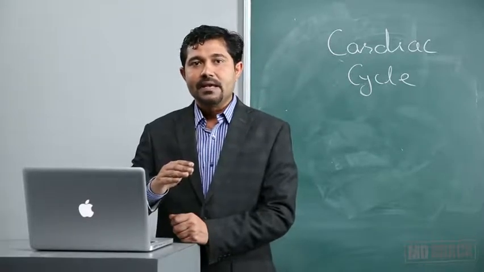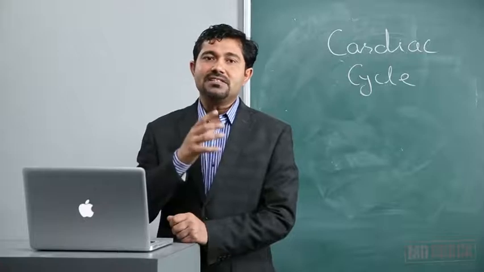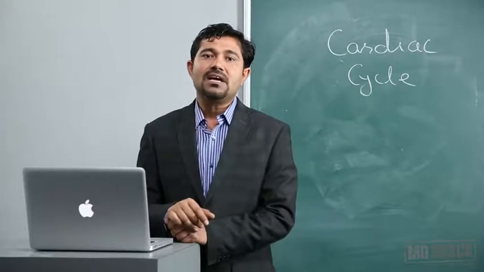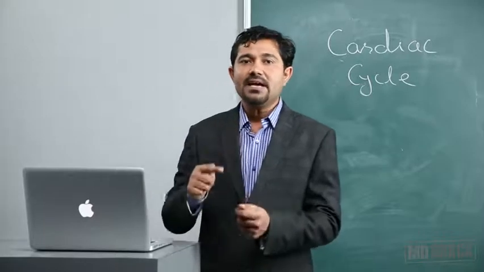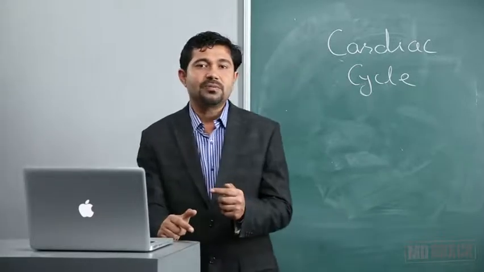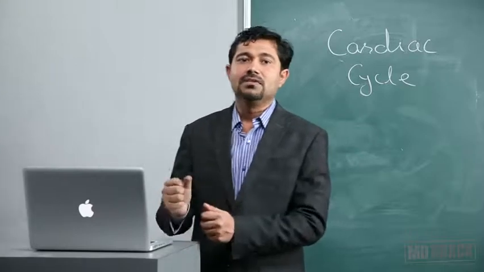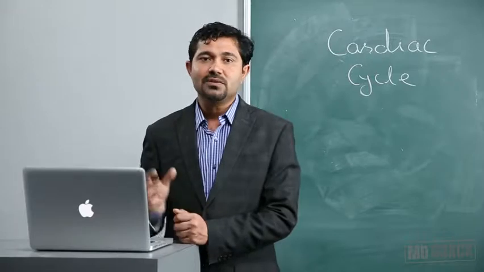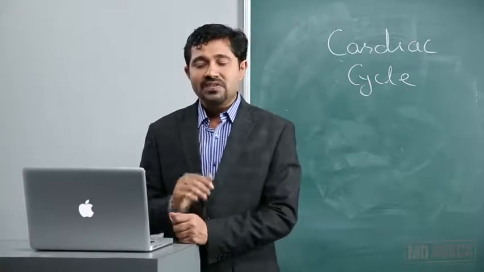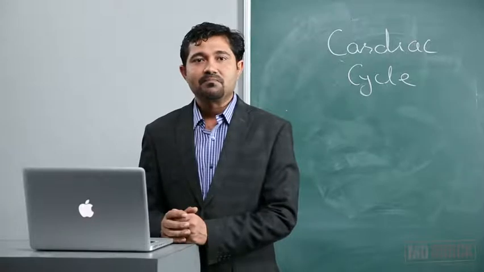But what will happen to the pressure inside the aorta now? The pressure inside the aorta, it can go from 80. Normally the pressure inside the aorta is 120 by 80. So 80 is the diastolic blood pressure, but this is the time of the systole. So the pressure can increase again to 120 mm of Hg because of the filling of the blood. With this, the ventricular systole phase will end.